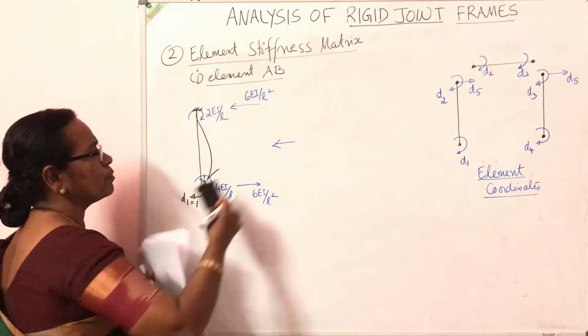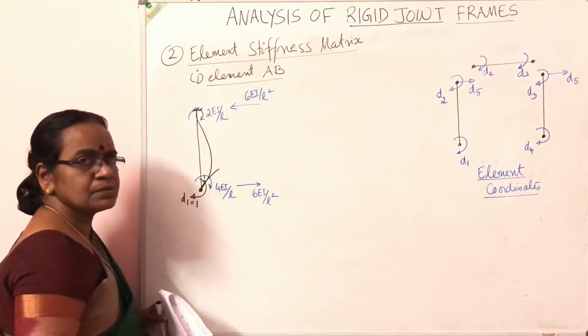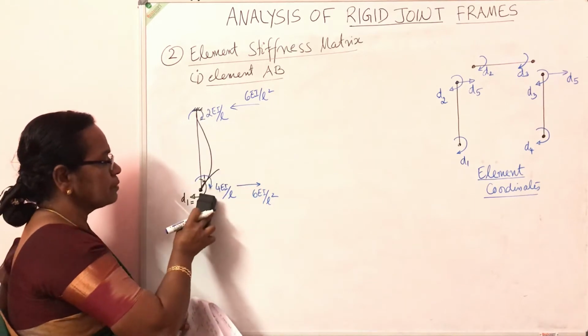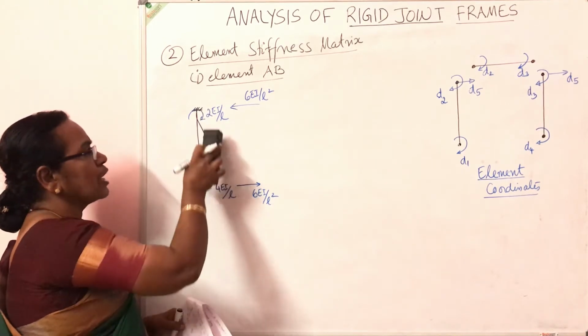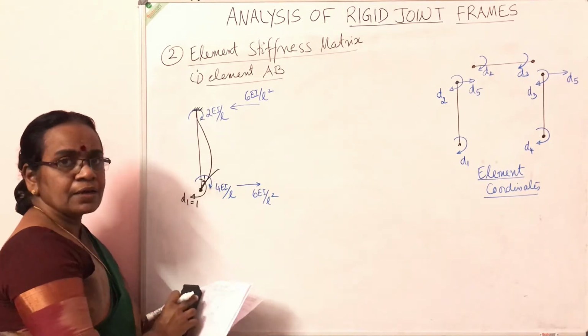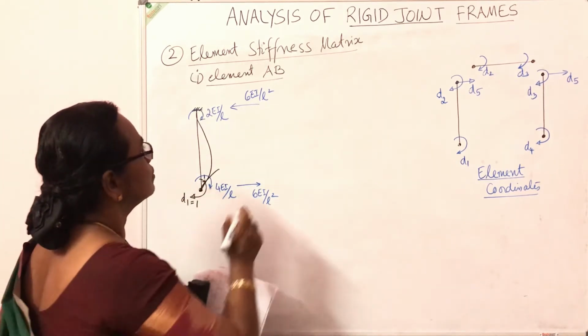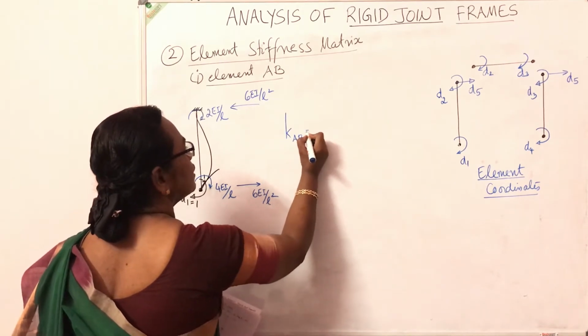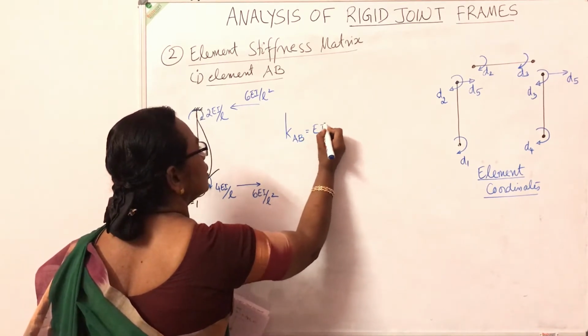So this is the physical approach we have seen in the first part of the video. By applying unit displacement here, the moment here will be 4EI by L, the far end 2EI by L, and these forces will be 6EI by L square. Now I can write down the stiffness matrix for element AB is equal to EI into